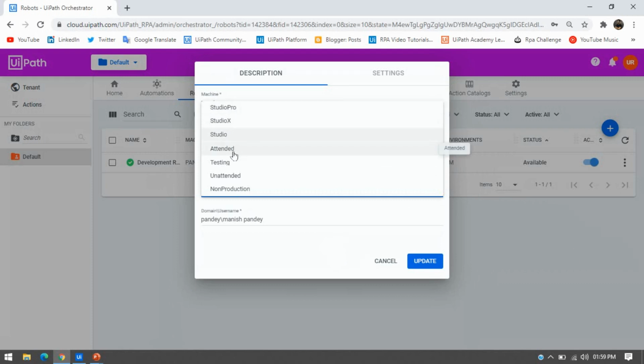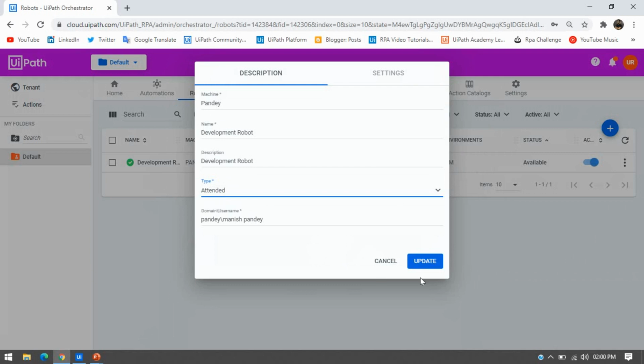Now attended, same here. If you have attended robots, make sure whenever you are going to publish your package, deploy a process, or start your job, that you know which type of robot you are using, and based on that robot you will get those features and facilities.